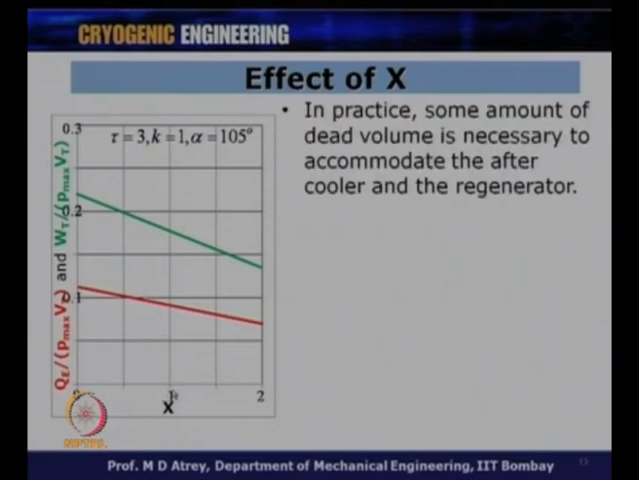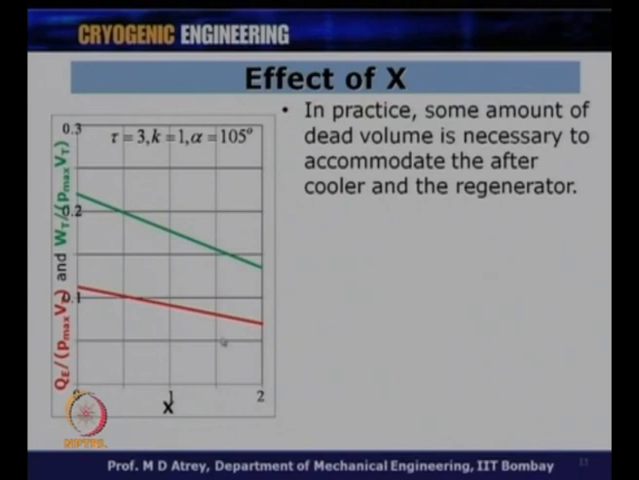That I should keep the value of X very small, as small as possible. This is what one would expect, but that is not a practical solution, because in practice some amount of dead volume is always necessary to accommodate the aftercooler and the regenerator. These are heat exchangers, and heat exchanger volumes are nothing but dead volumes, but there has to be some optimum value of X which should accommodate the dead volume generated because of the presence of the aftercooler and the regenerator,